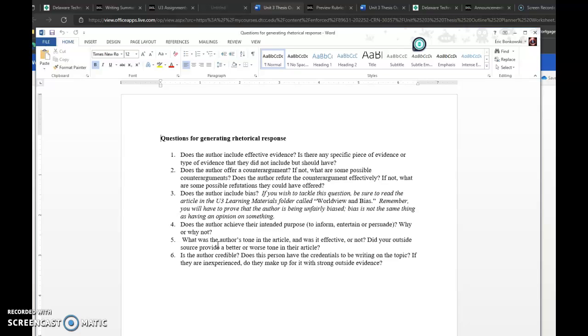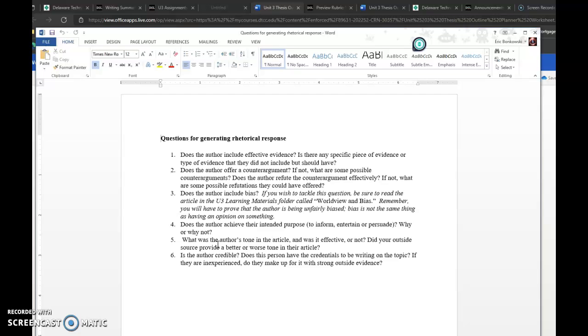Now, I do recommend that you try and push yourself to include maybe 2 weaknesses and a strength, or 2 strengths and a weakness, some kind of balance. Try and see if you can avoid completely trashing the article or completely praising the article, because it's a good idea as a critical thinker to really push yourself to look at the article as a whole. Are there any weaknesses? If so, address them.